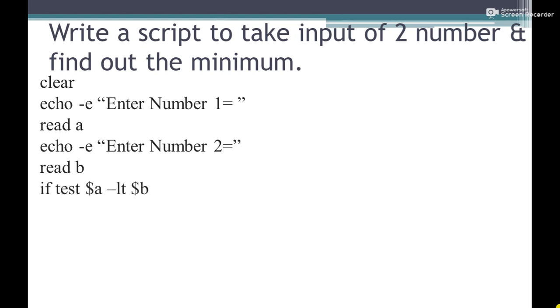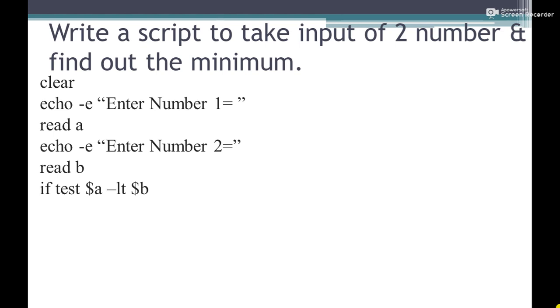and then we will check the condition. You can see that in the maximum script we used -gt for the greater than sign, because we want to find the maximum. And over here for the minimum we have to use -lt, that is the less than sign.